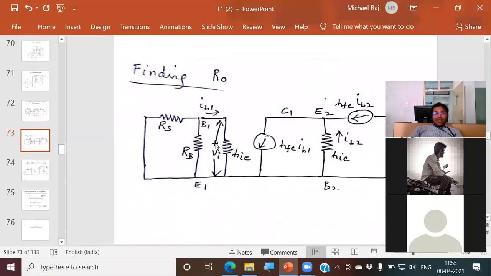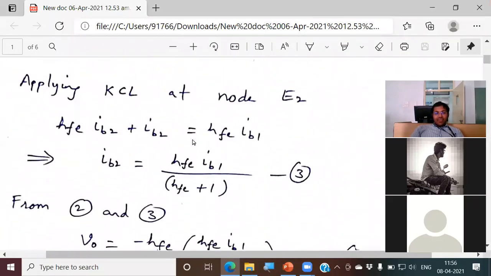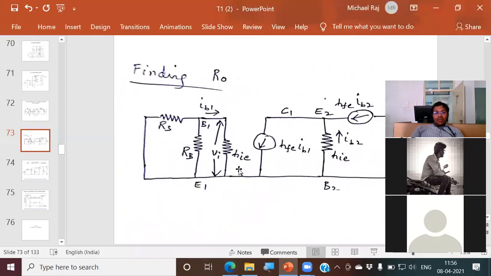Again, you can just look at this circuit and say no source, so IB1 is 0. That also is possible. If KCL, KVL you find somewhat difficult, just look at this circuit and say there is no source here, there is no bridge for current to flow from here, so obviously IB1 is 0. This is how your friend has answered. Okay, IB1 is 0. Just now we discussed equation 3 is valid for this circuit, finding R0, because this part of the circuit we did not modify.